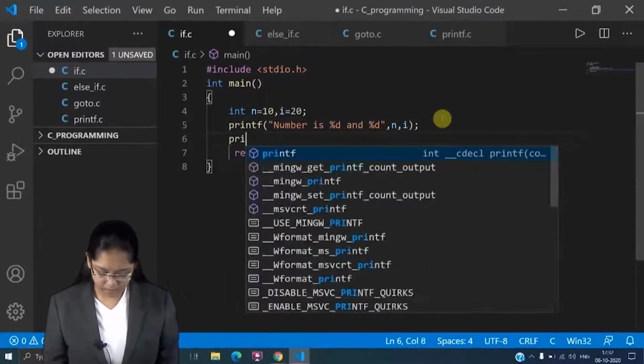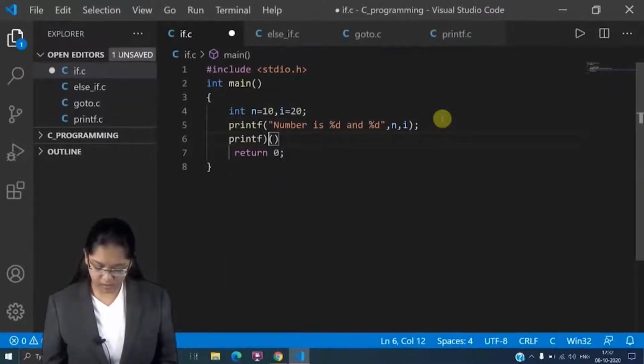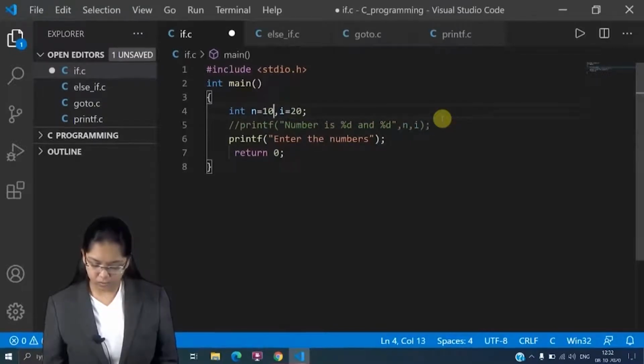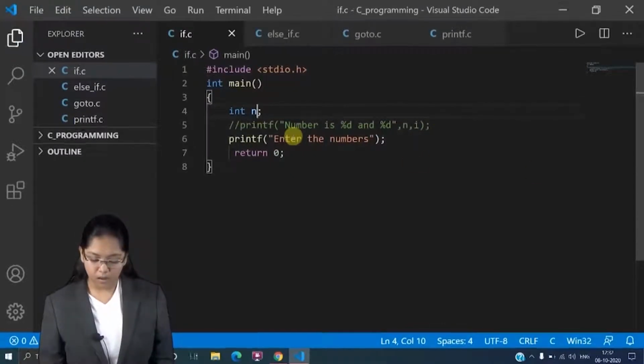Let's say printf, enter the number. For now, let's comment this and remove the assigned value. We are going to take the values from the user, right? Save this. Now printf, enter the number.